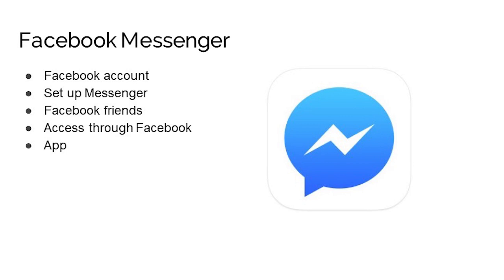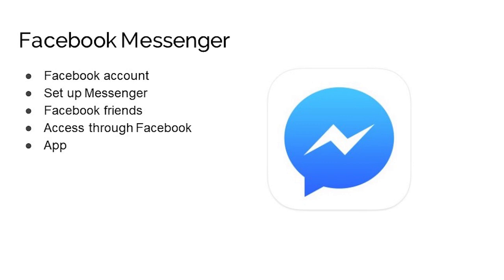Lastly, we will discuss Facebook Messenger. Facebook Messenger is a byproduct of Facebook, so in order to use this video call, you need to have a Facebook account. You can even create a Facebook group for your studio and post updates to make it more convenient for you and your parents to ask questions and collect information.